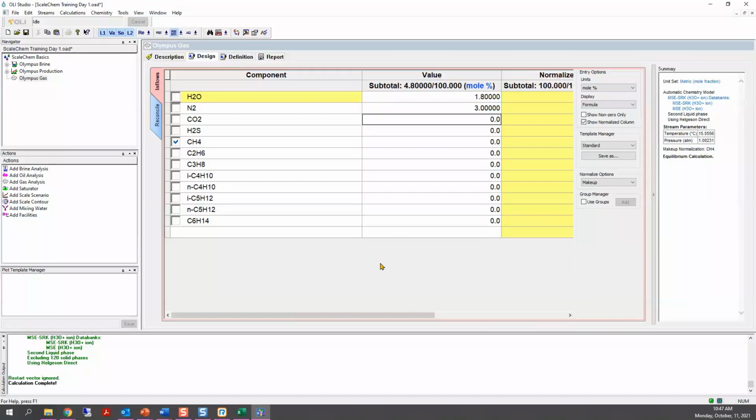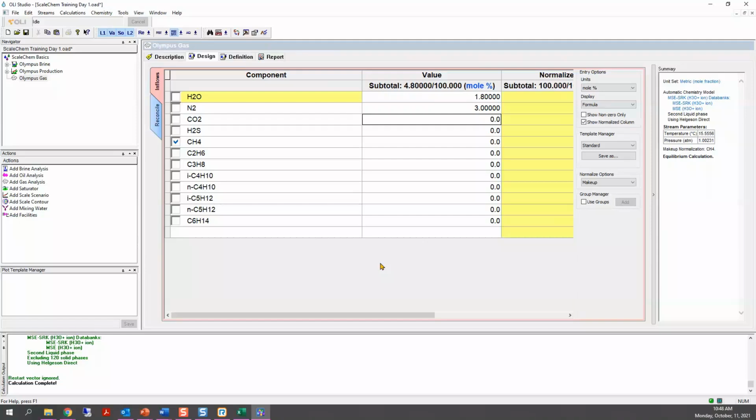So if temperature and pressure is changing, what happens to the composition? What happens to the partitioning of CO2, H2S? And that has an impact also in the composition of the brine, and that will lead to a decrease in pH, for example. And that decrease in pH increases corrosion rates, things like that. Or it could decrease the scaling risk. We don't know, and that's what we are going to study here.